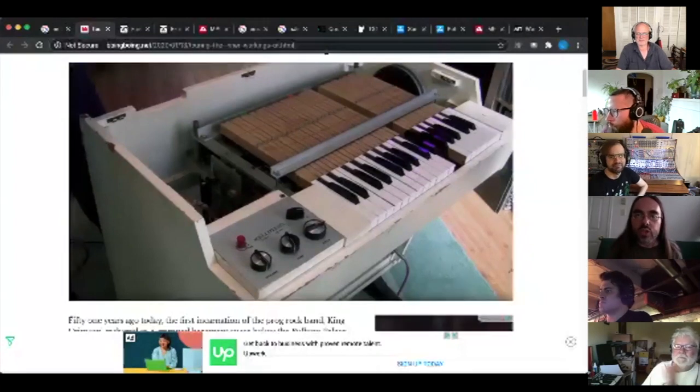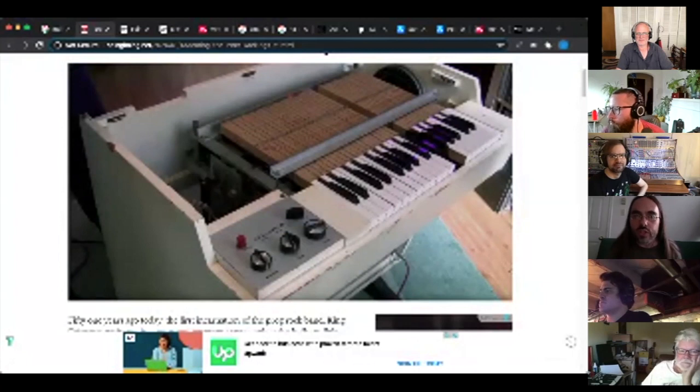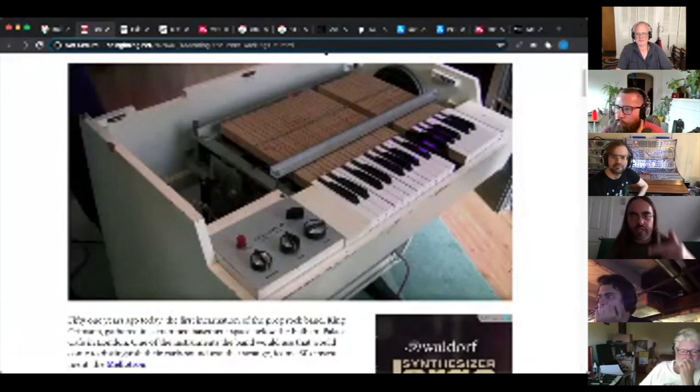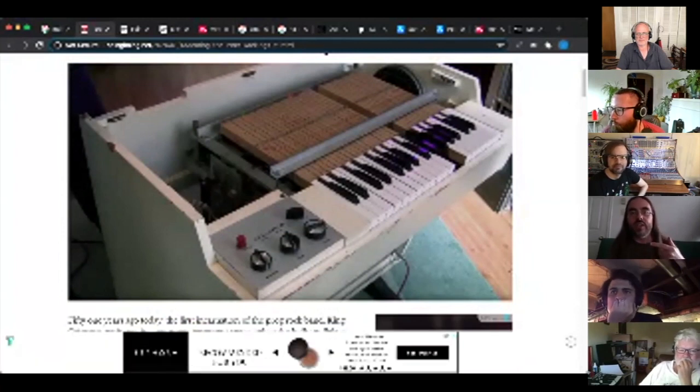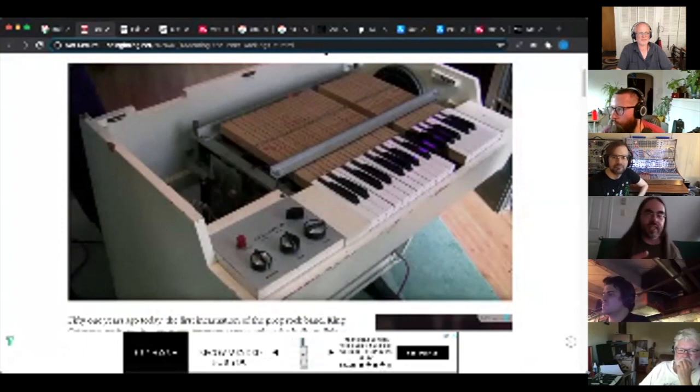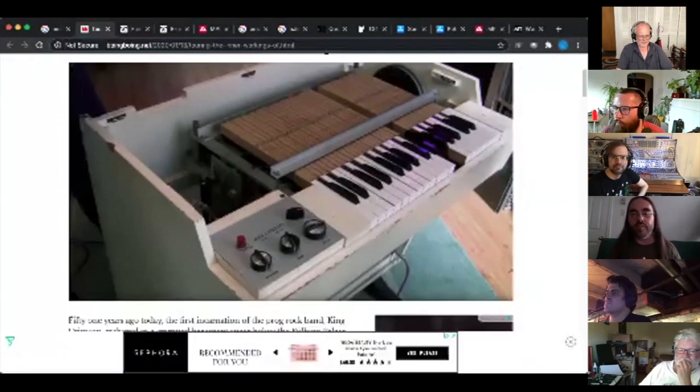Each one of these keys was connected to a piece of tape that would record a particular sound at a particular pitch. And you would get various sets of tapes. So you could get violin, you could get flute and whatnot. It's kind of an iconic sound in the sense that the Beatles used it for Strawberry Fields Forever. There's always someone coming up with a new variation on an emulation thereof. And in fact, Logic,